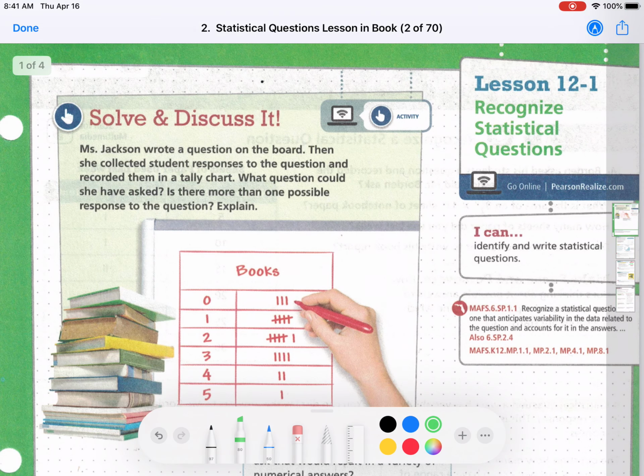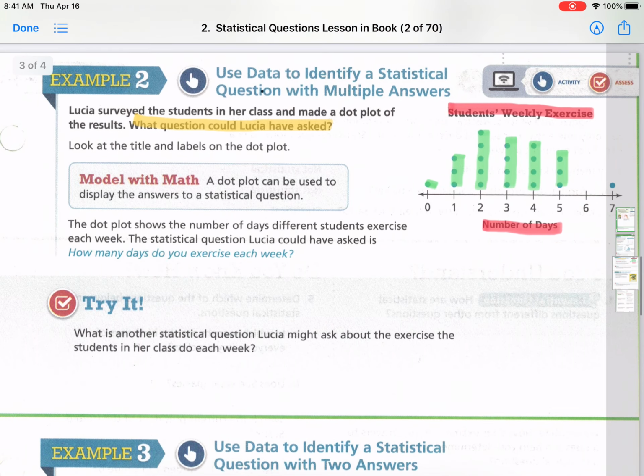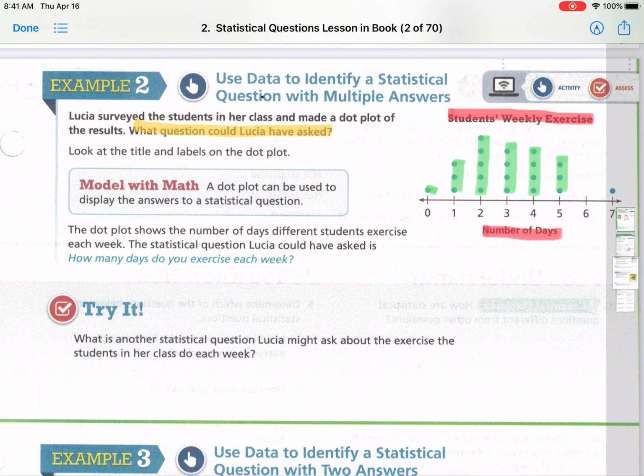And then above the 7, whoops, sorry, I didn't mean to scroll up. At the 7, there's 1 dot, so that means 1 student exercised 7 days that week. Okay, so looking at this dot plot, we need to come up with a question that